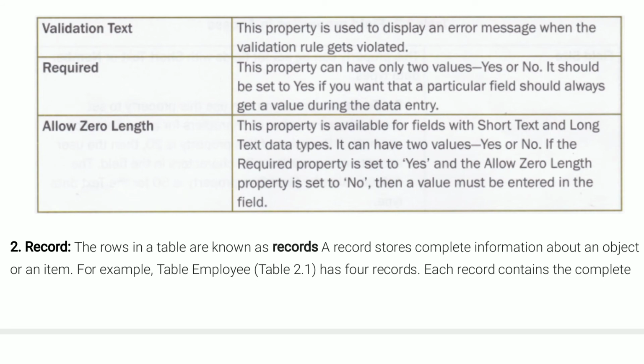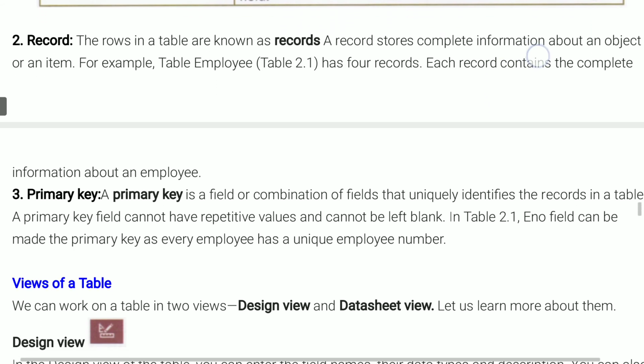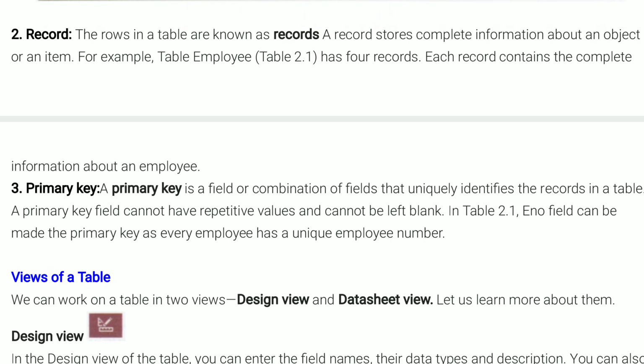These are the field properties that are in the field properties area. I have just described to you completely one of the components of a table, that was field. The other two components of a table are record and primary key. As you can see on the screen,